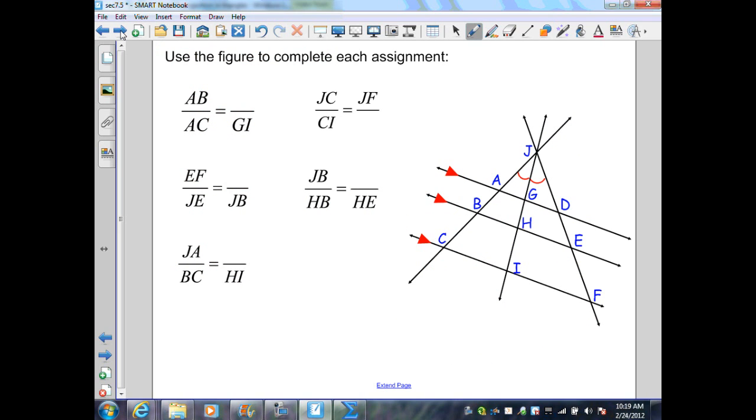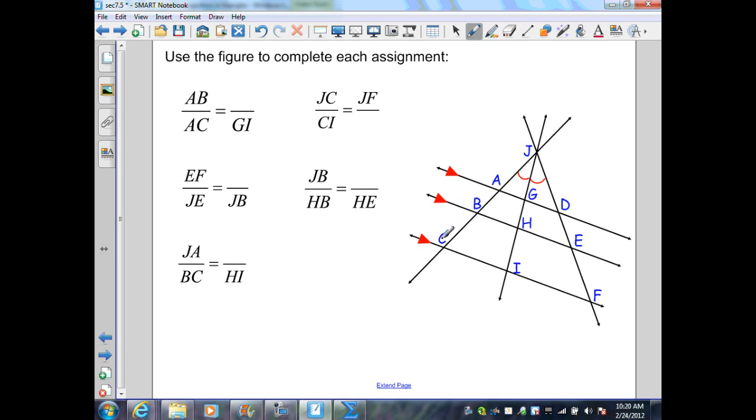Our last example, we're given a triangle JCF and triangle JBE. We're also given 3 parallel segments cut off by 2 transversals. And I'm given angle bisector, which is segment JG, JH, and JI. Therefore, I can use these proportions to find the missing ratio on the opposite sides. Remember, what we want to do is use the 3 theorems that are in this section and follow the pattern that is used. Here I have AB